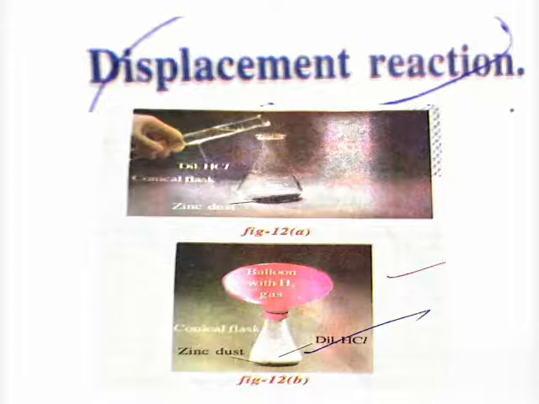So in this reaction, the zinc has displaced hydrogen from hydrochloric acid. This is a displacement reaction. Okay, so now I will give this activity's shortcut. A displacement reaction is nothing but one element displacing another element from its compound and taking its place. Zn plus 2HCl gives ZnCl2 plus H2 gas. The equation is there, no?